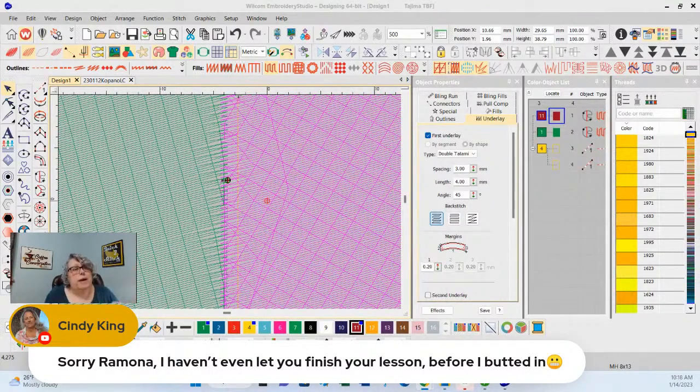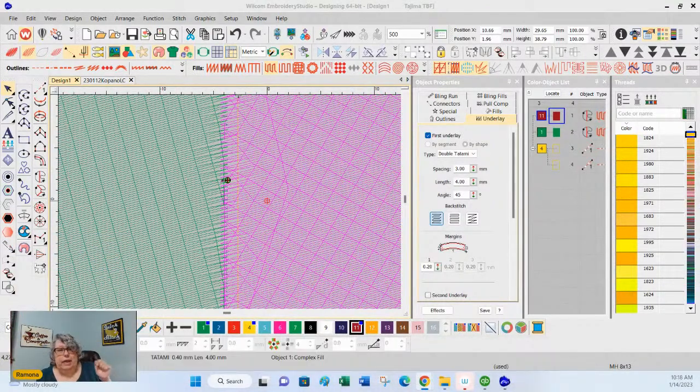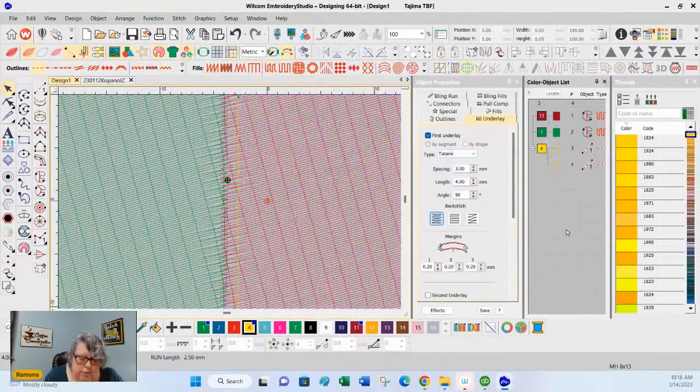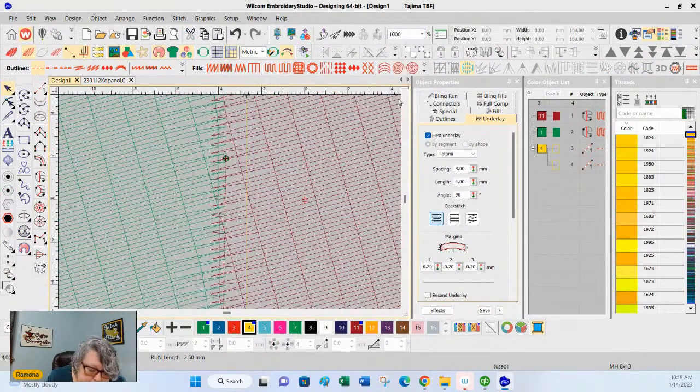Now, we'll go back to our density. So I'm going to take off the tatami double underlay here. There we go. We're back. I'm going to enlarge this again.